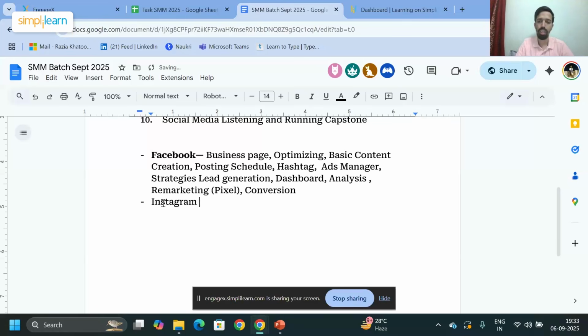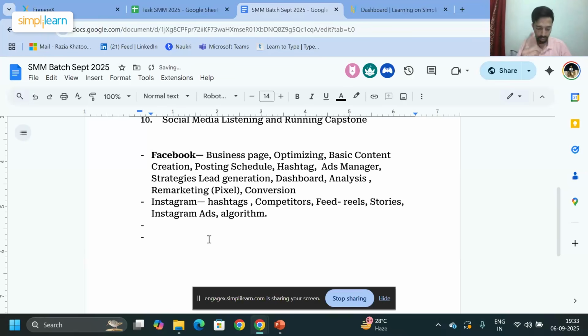That is where we will be shifting to the second type, which is Instagram. In Instagram, we will be understanding the hashtags, and we have some concepts on that, so just keep your eyes on this as well. Then competition, and we will be covering feeds, reels, stories, and Instagram ads. So this is a very good quick brief. Also, don't worry, I'll give you the algorithm as well,